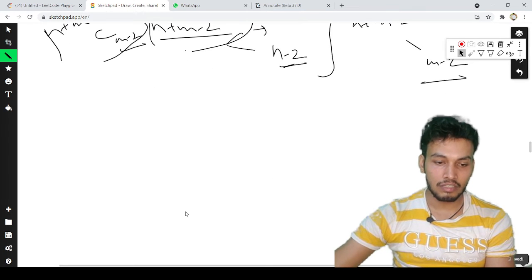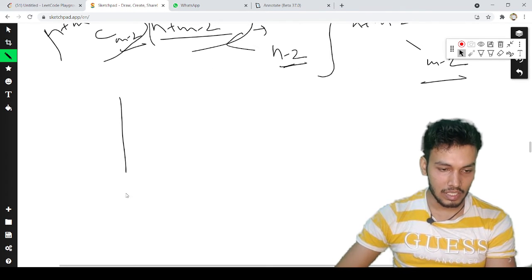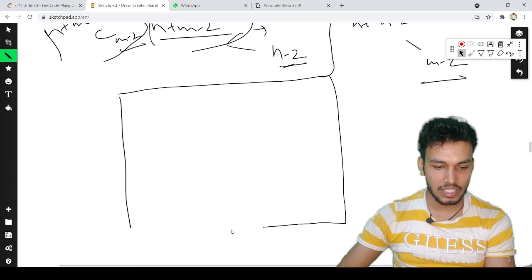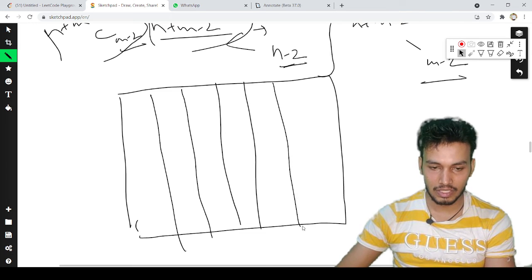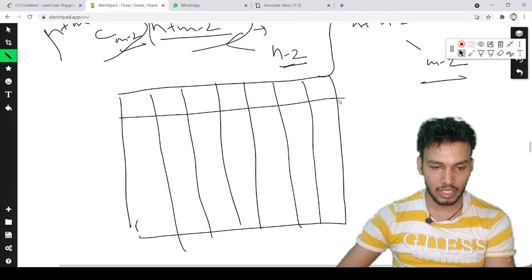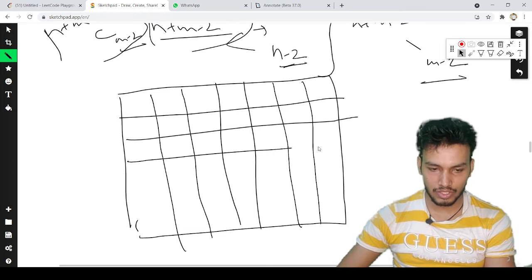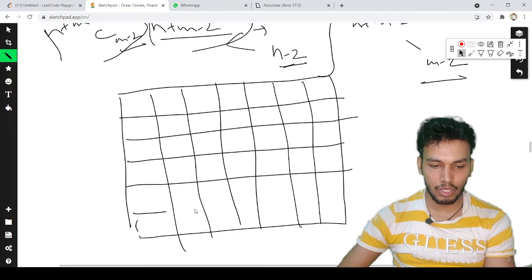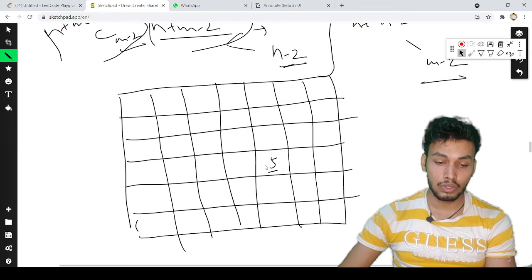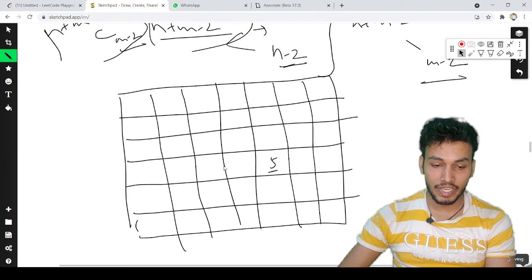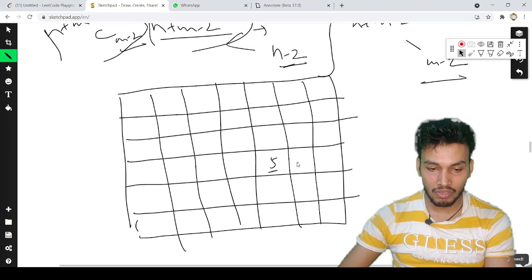Another kind of problem you may encounter is, let's say we have some k special cells, right? And in every kth cell there is some power. So let's assume for once that we have only one special cell, and it has a power of 5. So now what you need to find is all the possible ways through 5.